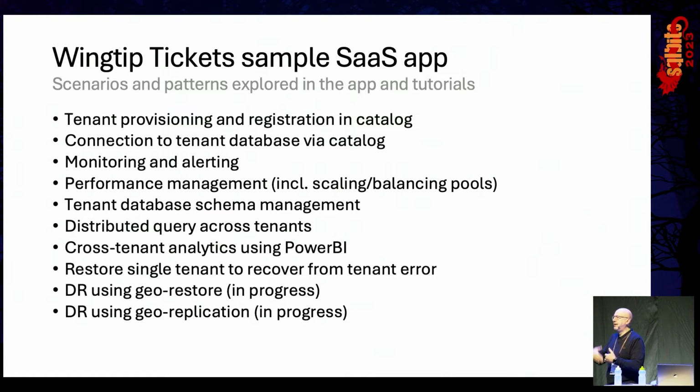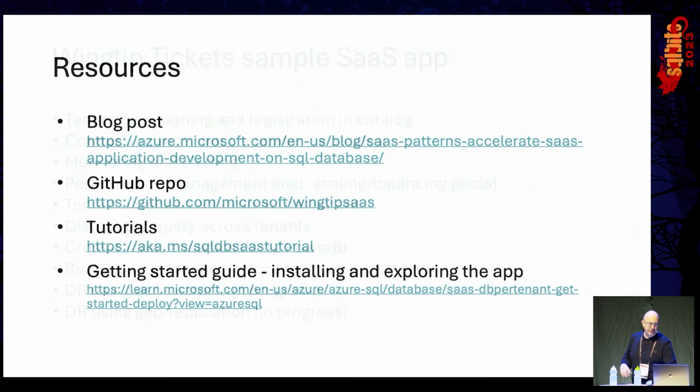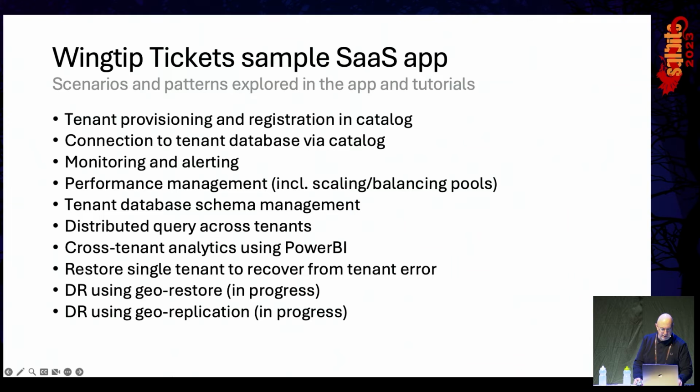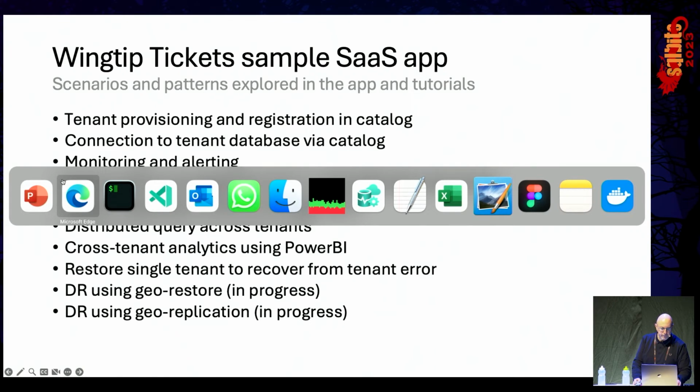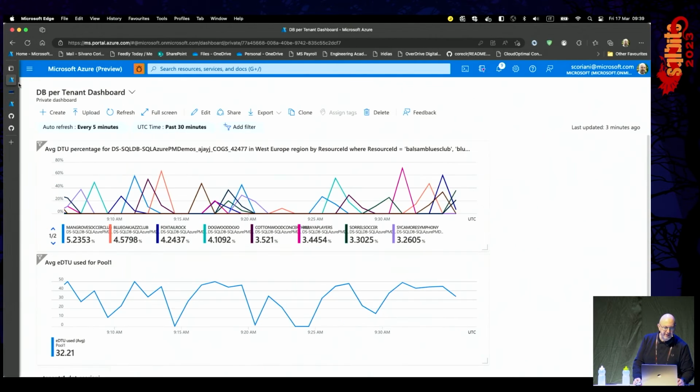There's also a nice workload generation set of scripts that I will show you in a second, demonstrating how concepts like elastic pools can help you to define and manage the resource and the performance experience that your tenants are going to have with those different multi-tenant patterns hosted in Azure SQL DB. Right, so it's a pretty rich demo app. I'm going to now show you some of these